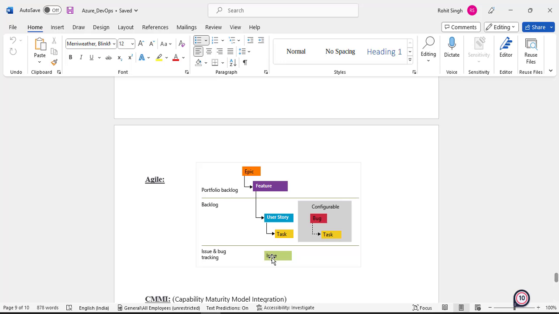Everything else remains the same. Now what is the difference between Scrum and Agile? The number of sprints. In Scrum it is minimum 1 sprint, maximum 4 sprints. In Agile, minimum 2 iterations. A change in words, guys: in Scrum we call them sprints, in Agile we call them iterations. So whenever the word iteration is used, keep in the back of your mind that you are following Agile. And whenever the word sprint is used, then it is Scrum.